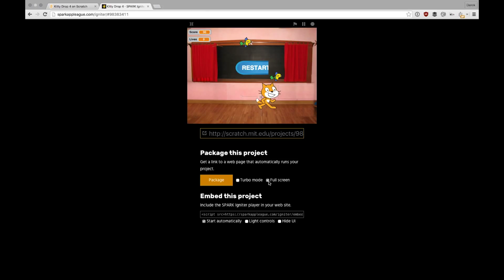is the same size as it is while we're working on it in that editor, which is really only about 480 pixels wide. Most tablet displays are much wider than that, so we just want to make sure that our game fills up as much of the screen as possible. So we definitely want that option turned on, and then depending on how the game runs, this is something that